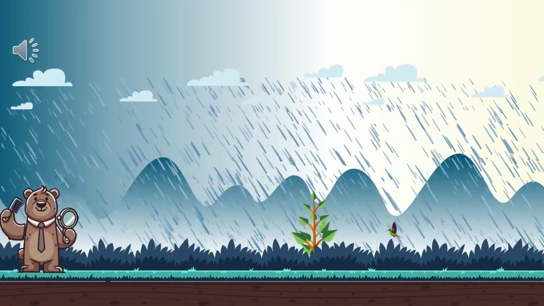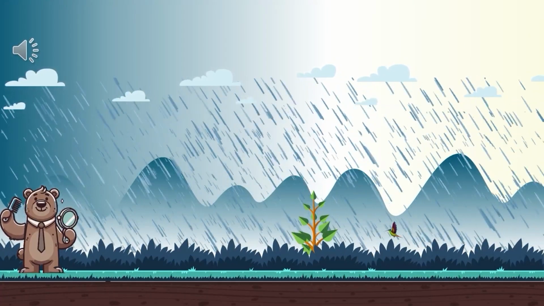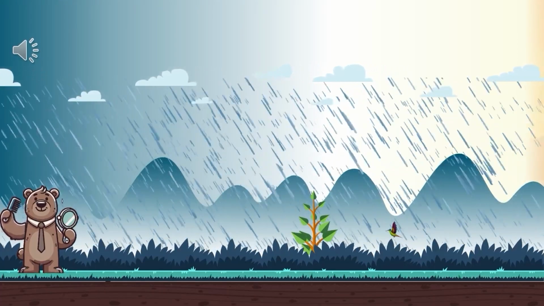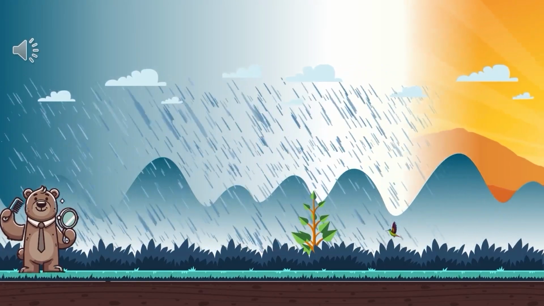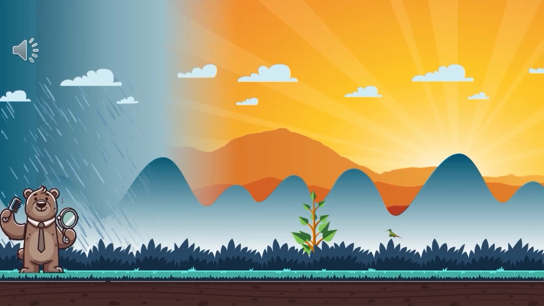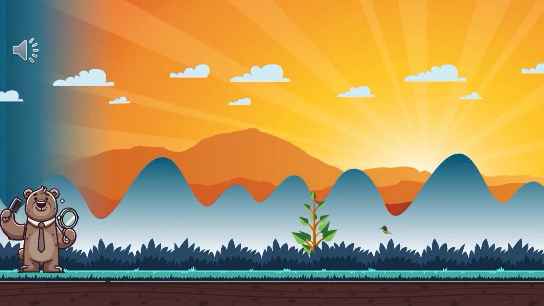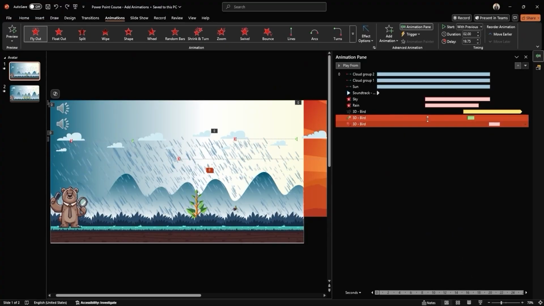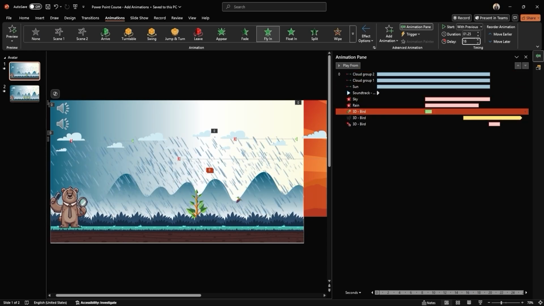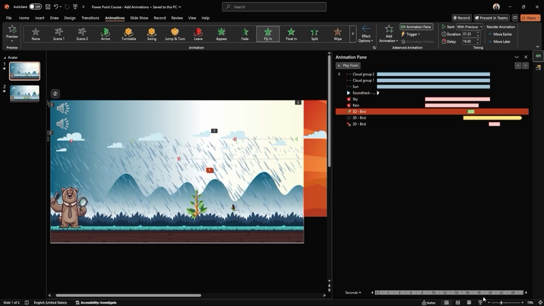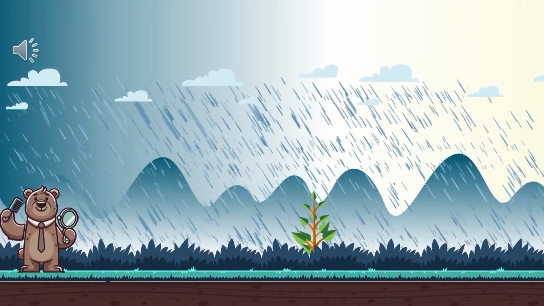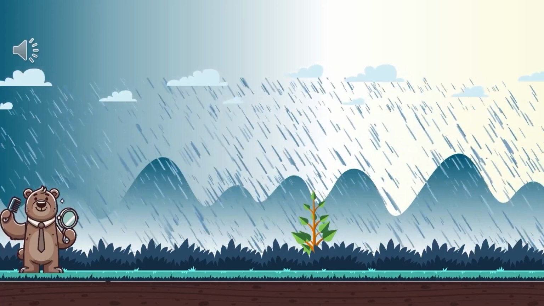There seems to be a small issue with how PowerPoint handles the animation order. Because the scene animation for the bird is listed above the fly-in animation in the animation pane, PowerPoint starts the scene immediately, causing the bird to appear on the screen too early, before it's supposed to fly in. To fix this, we simply need to reorder the animations and give it a delay of 16 seconds. Now, when we play the slide, the bird should enter at the right time, with a smooth fly-in.